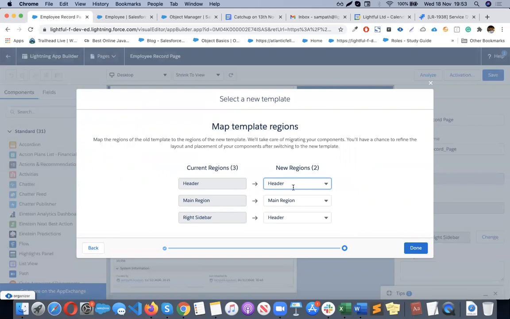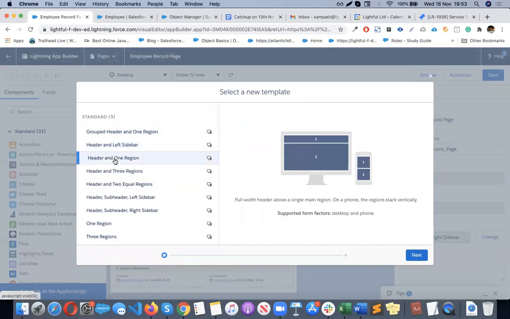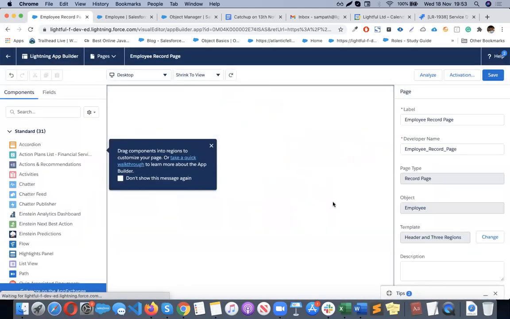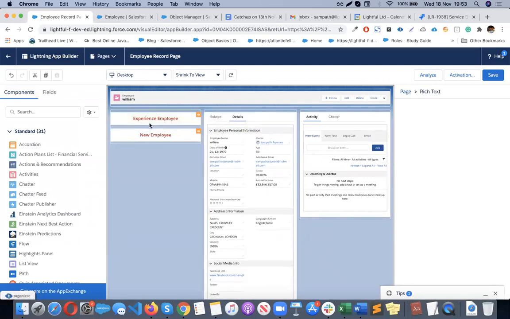How do you want to transfer to the new region? Because literally I didn't select anything, I selected the same thing. But now if you select this, now click next. How do you want to transfer? So right sidebar, go into right sidebar, header, go into header, main regions. So current region has 3, new region has 4. Now if I put it, see here, maybe I will add all this, here chatter and this header. Now if I save this,